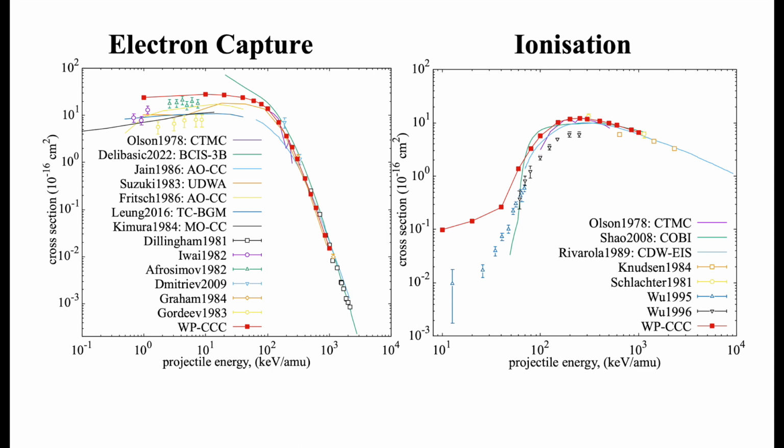Our results for electron capture and ionisation are shown in the red, compared to a number of other theory and experiments. Although the shape is generally correct for both, we do tend to overestimate at low energies. This is suspected to be because of the effective one-electron approximation, and to further investigate this, we will be extending